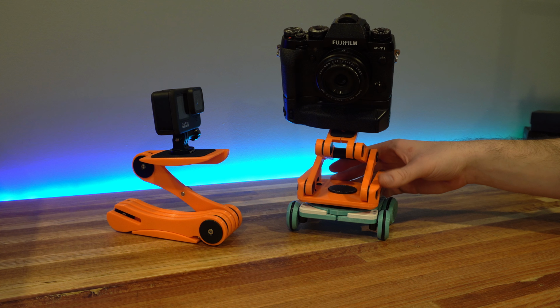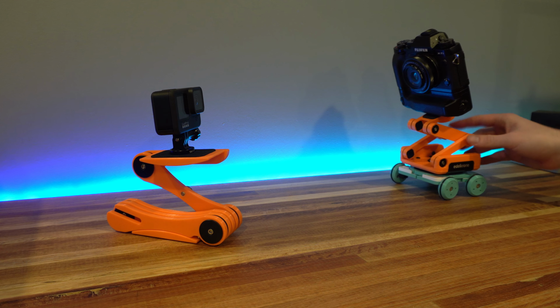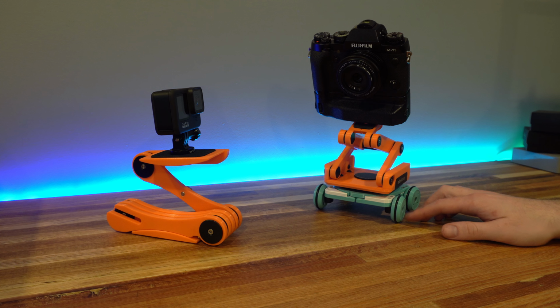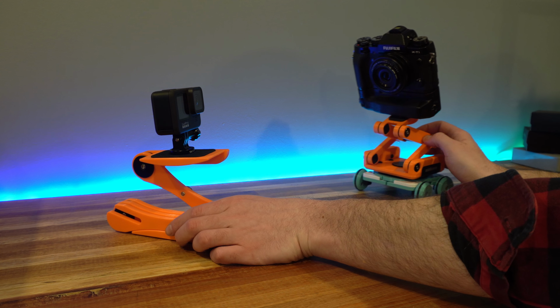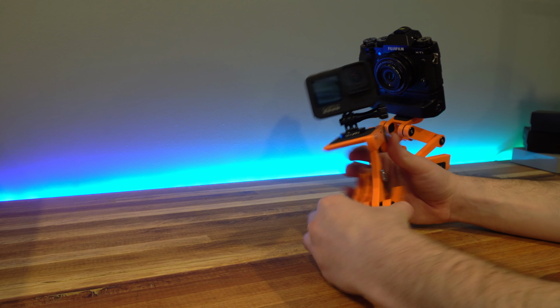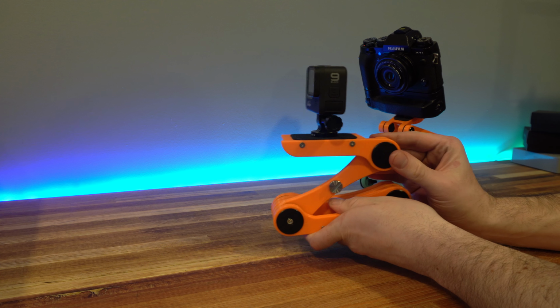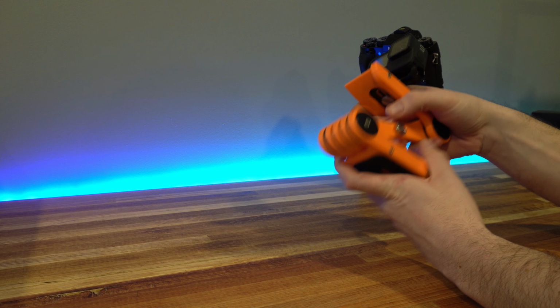Yeah, I think we'll do a quick demo. I'll throw the Sony on this guy, and we'll check that out. So this is the FlexTILT Head. This is the Skater 3D. And then lastly, we have the PocketSHOT 3D. I just threw the GoPro on here for fun. I don't think it's actually going to ever really need to be used on something like this unless it was more for tripod, but I really think the nice